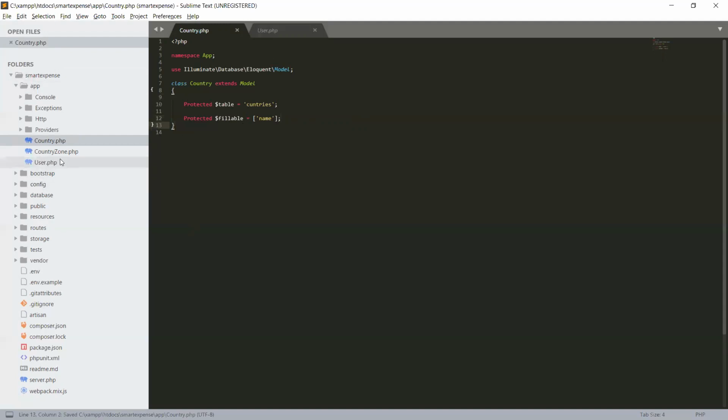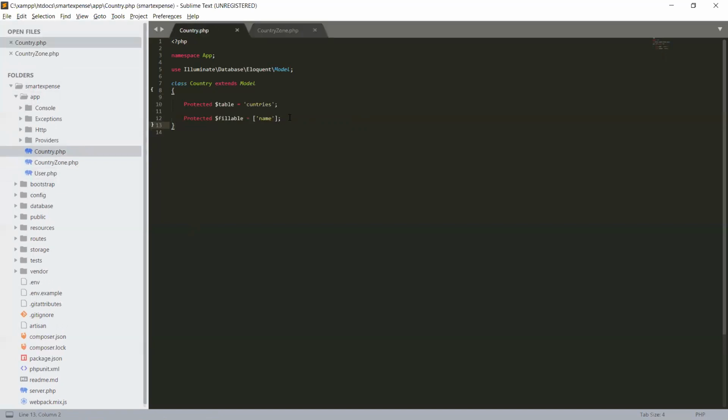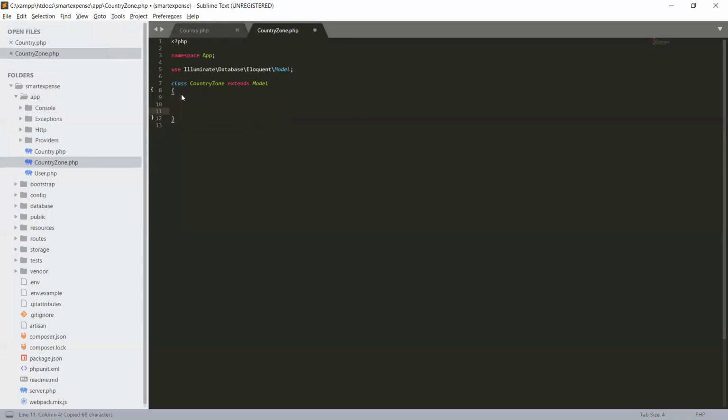In the same way, let me copy and paste. Here the table will be country_zones, and fillable will be code and name.